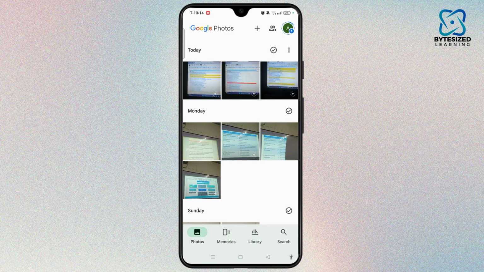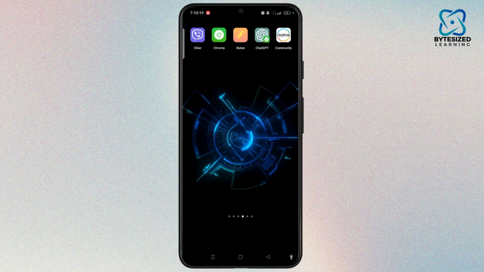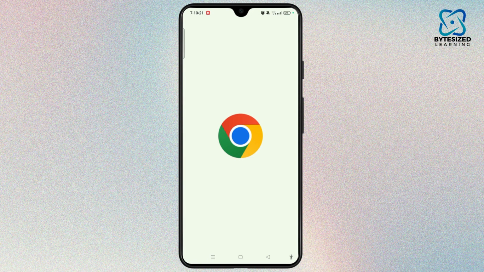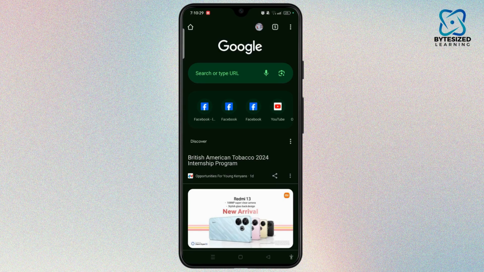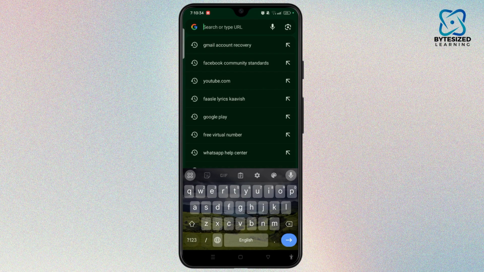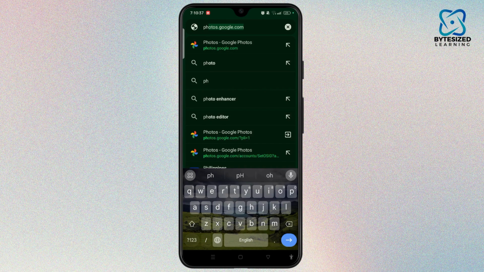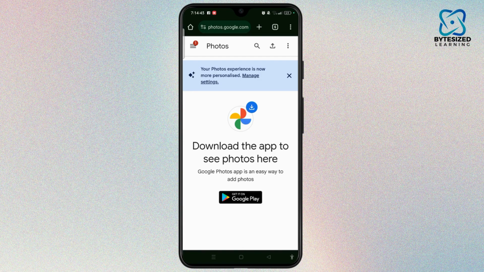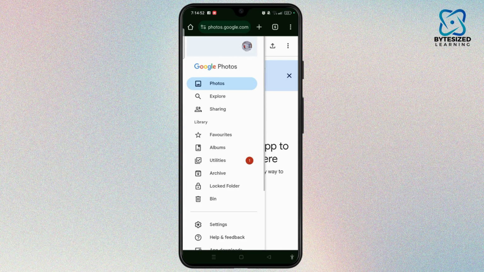So on the website also, you can easily proceed towards any kind of browser, and on the web browser also you can simply open a new tab, and on the new tab you can easily search for photos.google.com. And once it opens, on this page also you'll easily find the backup photos in Google Photos. You simply need to select the three lines at the top left corner and select the account associated with the backup